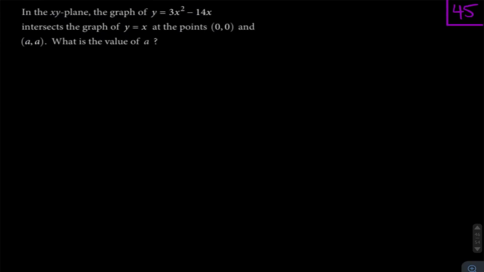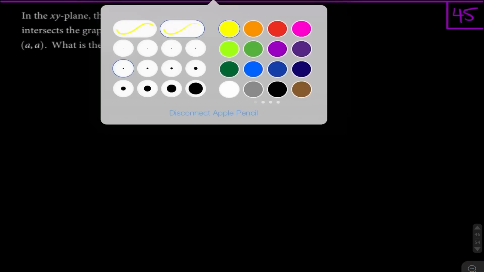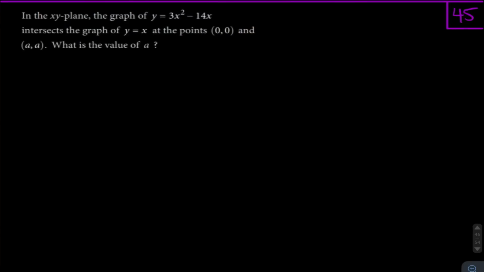Now let's move on to the last problem of these 5, which is problem 45. And that problem says, in the xy plane, the graph of y equals 3x squared minus 14x intersects the graph of y equals x at the points 0, 0, and a. What is the value of a? Okay, so